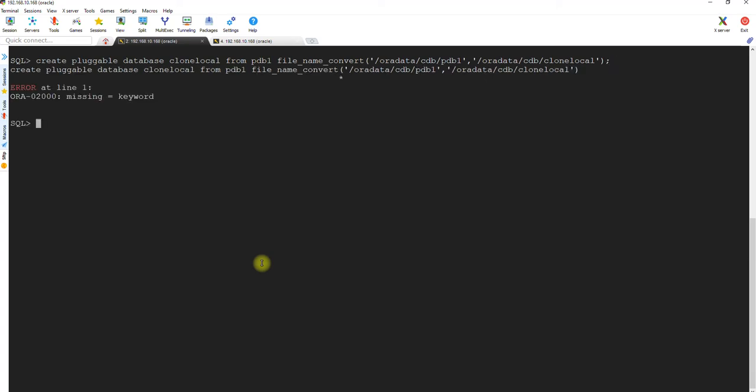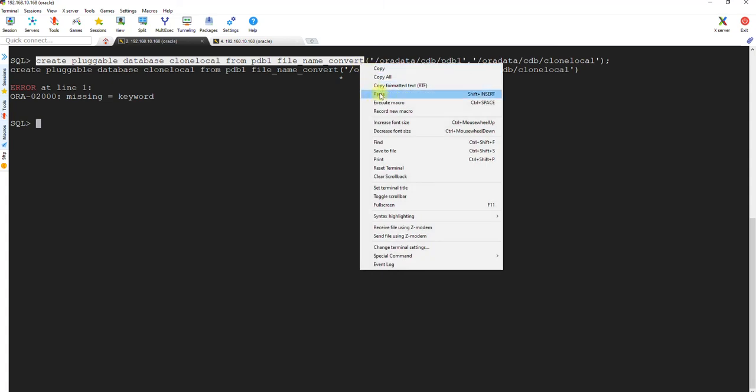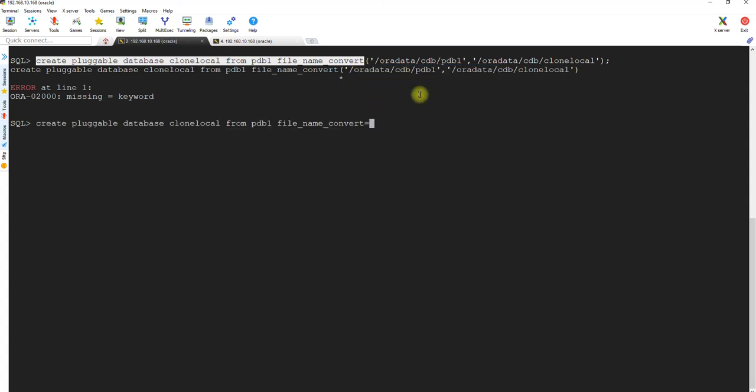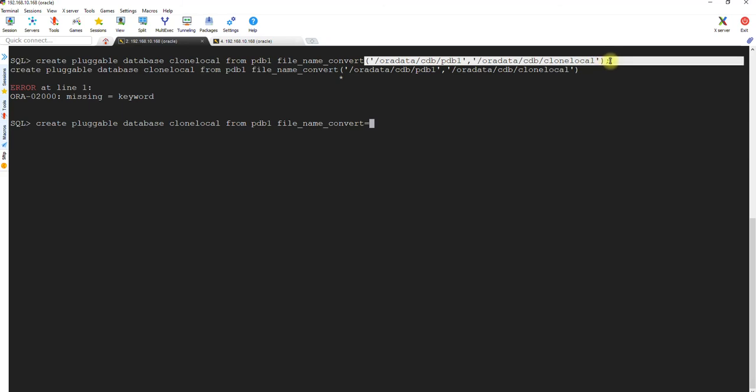I think I'm missing something. Okay, I forgot the equals, right? Minor mistake, it happens. Okay, run it. This takes a very small amount of time.